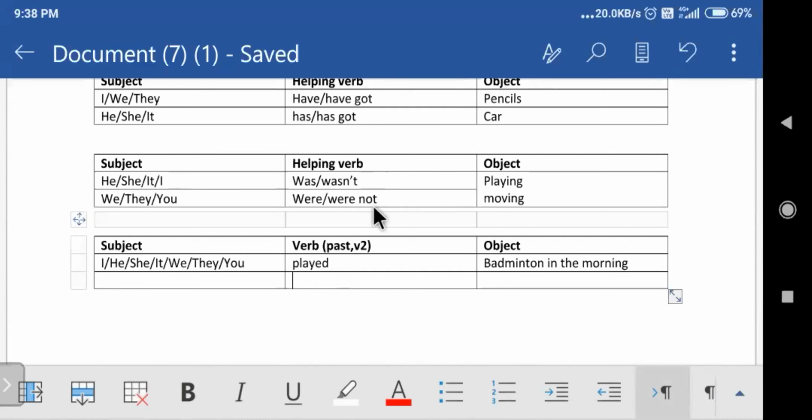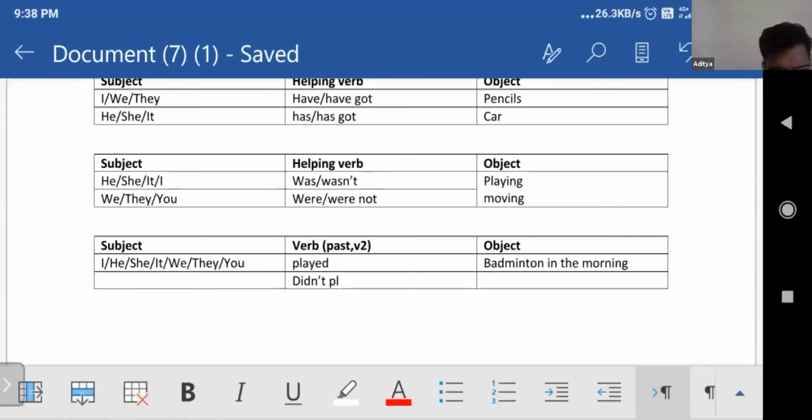So what we're going to look at is which form of the verb to use when we're putting words in, like helping verbs, like didn't. So if you're putting didn't, which is a helping verb, then which form of the word will come? Can you tell me? V1 first. First form. Yes. He didn't play badminton in the morning. They didn't play. So when we are talking with a helping verb, now we can put here